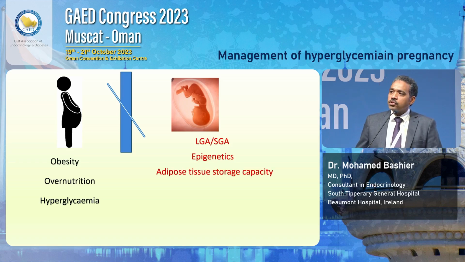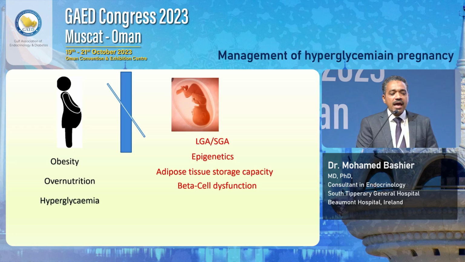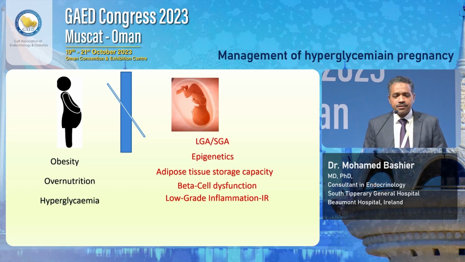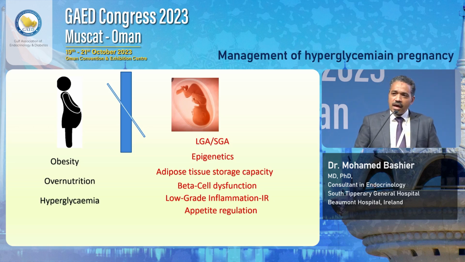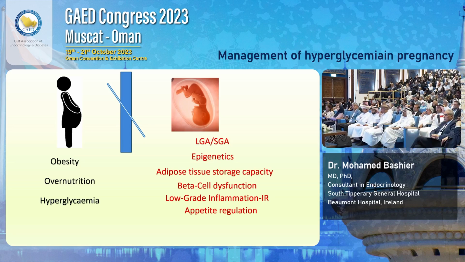More critically, we now know that the intrauterine environment impacts the ability of those offspring to store fat in the adipose tissue, so they're more likely to spill those fats into the internal organs. And it's not a surprise that when you assess them early on, you find early evidence of beta cell dysfunction and early evidence of insulin resistance in those offspring, and that's in all forms of diabetes. And the intrauterine environment is another factor that seems to regulate the appetite, and they are at higher risk of having lower regulation of appetite. They have more hunger feelings.